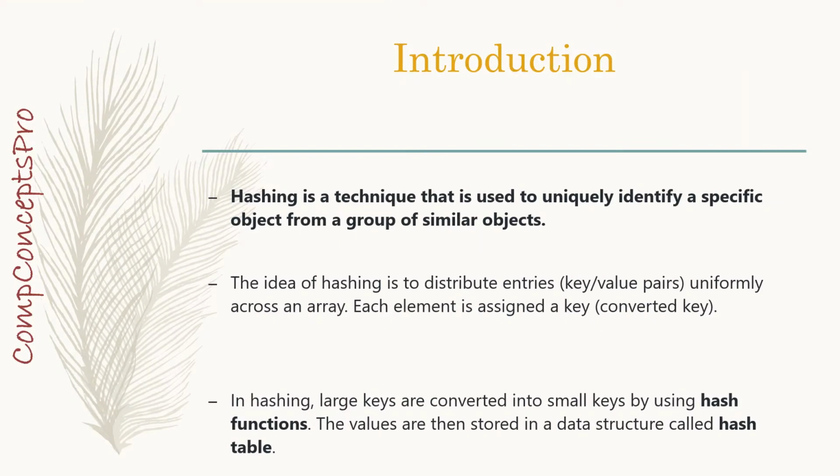Hashing is an efficient method to store and retrieve elements. It's exactly the same as the index page of a book. In the index page, every topic is associated with a page number. If we want to look up some topic, we can directly get the page number from the index. Likewise, in hashing, every value will be associated with a key. Using this key, we can point out the element directly.